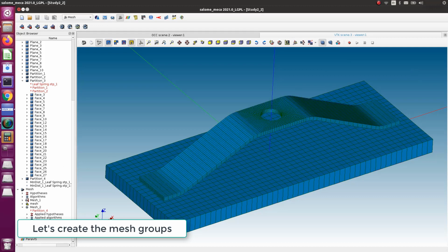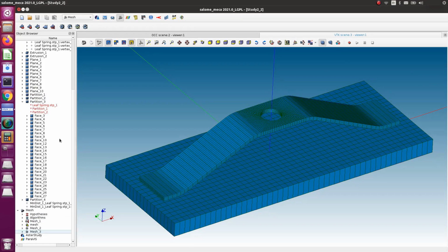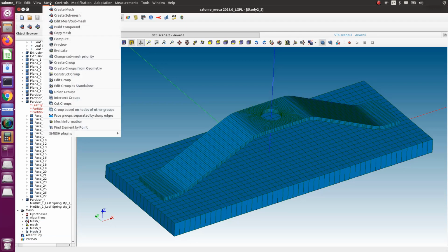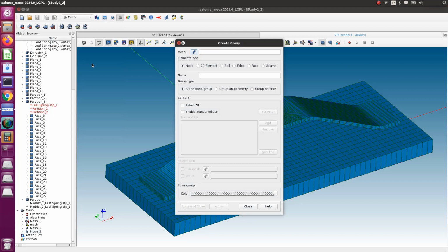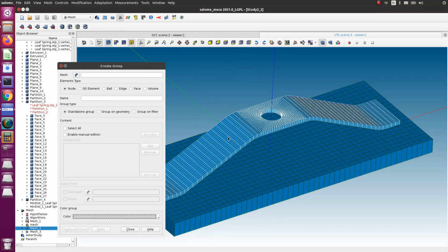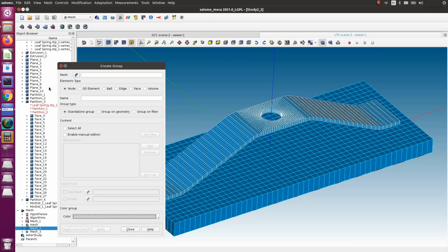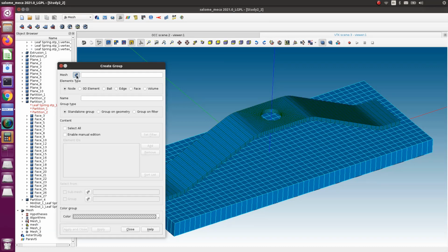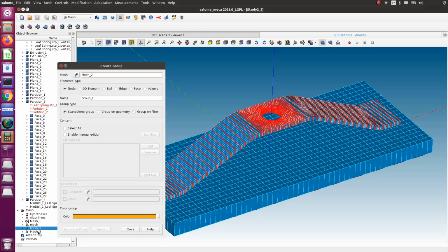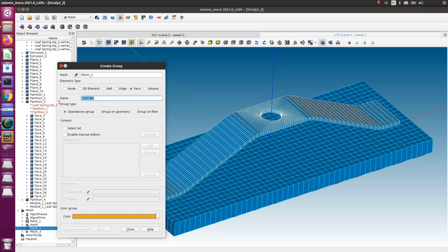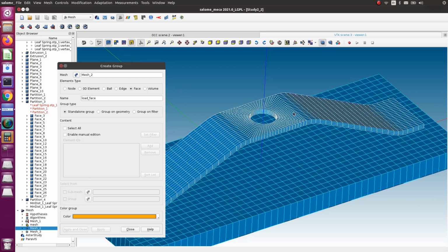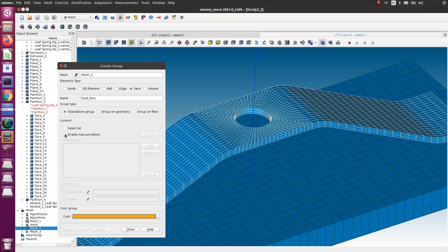So let's go to this, what is it? Mesh, create group. Okay. Now let's select this mesh set here. I don't know why it's not selecting. Okay, mesh 2, that's it. And let's create some surface first. So face, the name will be load face, and enable manual edition,